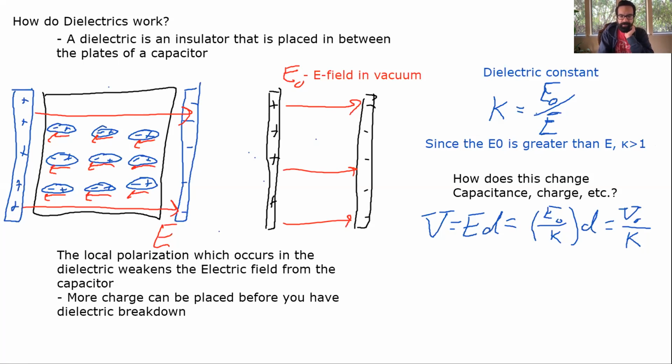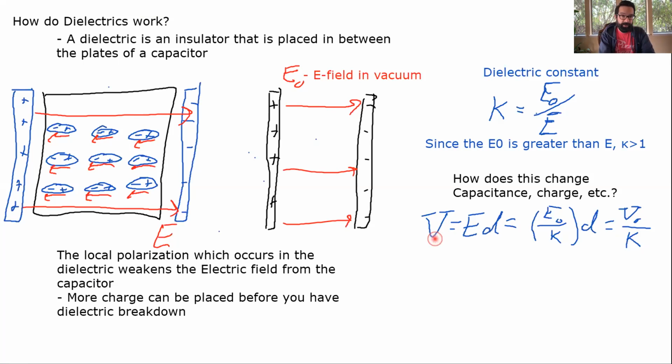Okay, so applying that to the voltage, K is always going to be greater than 1. So when you put a dielectric there, the voltage you would otherwise have across your capacitor is now going to be less. If K is greater than 1, you look at this ratio, your voltage divided by K, it's going to give you a smaller voltage. So voltage is going to decrease